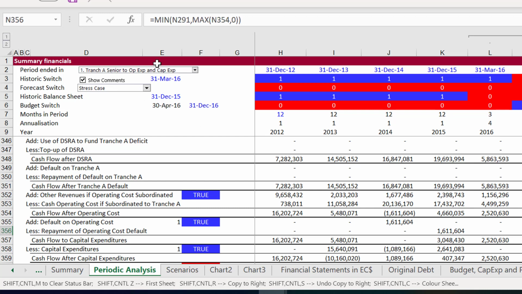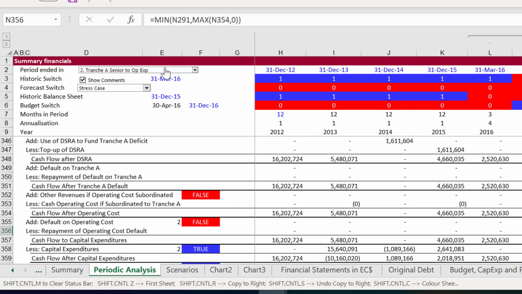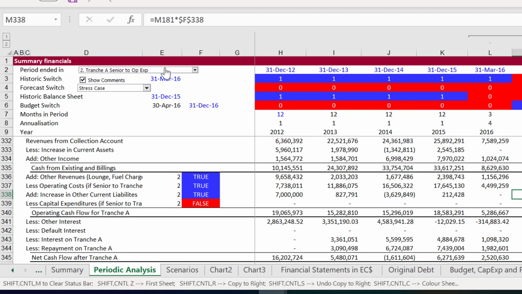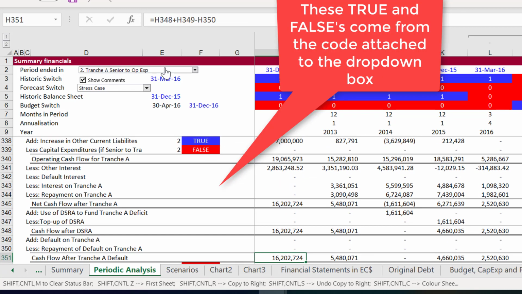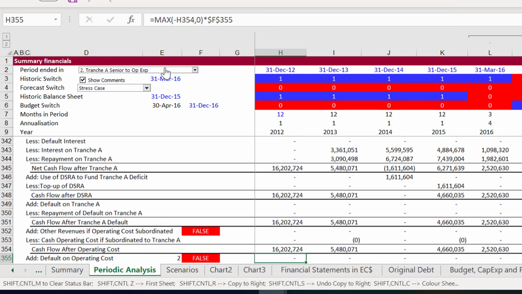So what we've been able to do is do different kinds of cash flow waterfall scenarios. In this case, I said, well, let's ignore the capital expenditures, but let's make sure you pay your operating costs, because that seems to be realistic. And then we'll be able to put a little waterfall graph in our summary page.